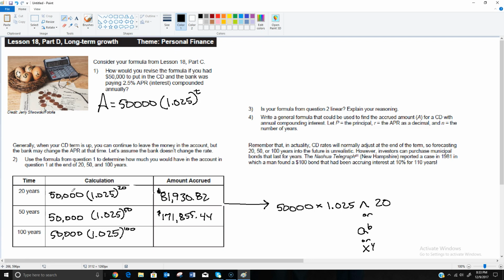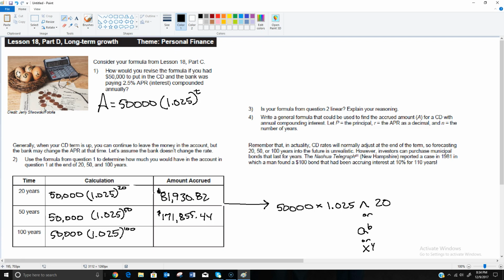Again, 50,000 times 0.025 gives you $1,250. So if you did $1,250 for 50 years, just simple interest, you'd only be at $62,000 added to your original amount. So 62,000 plus 50, you'd be at $112,500. Well, we're not at $112,500. We're at